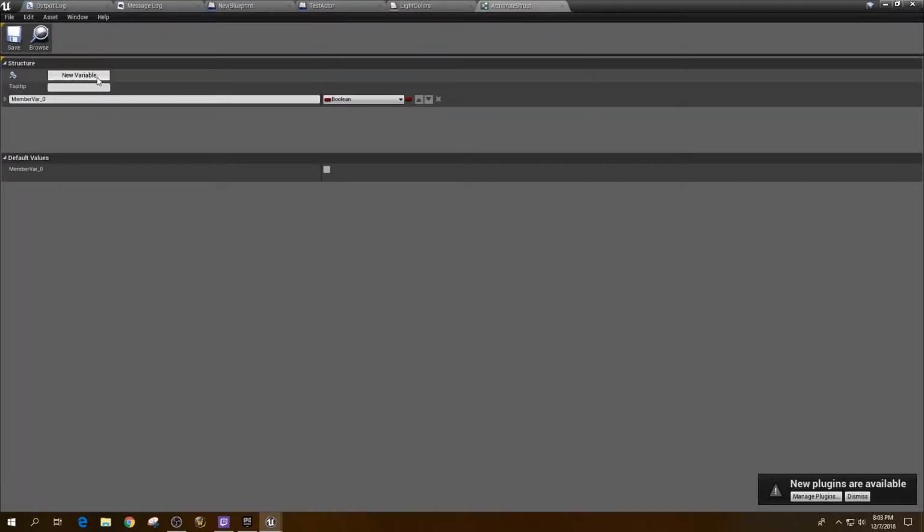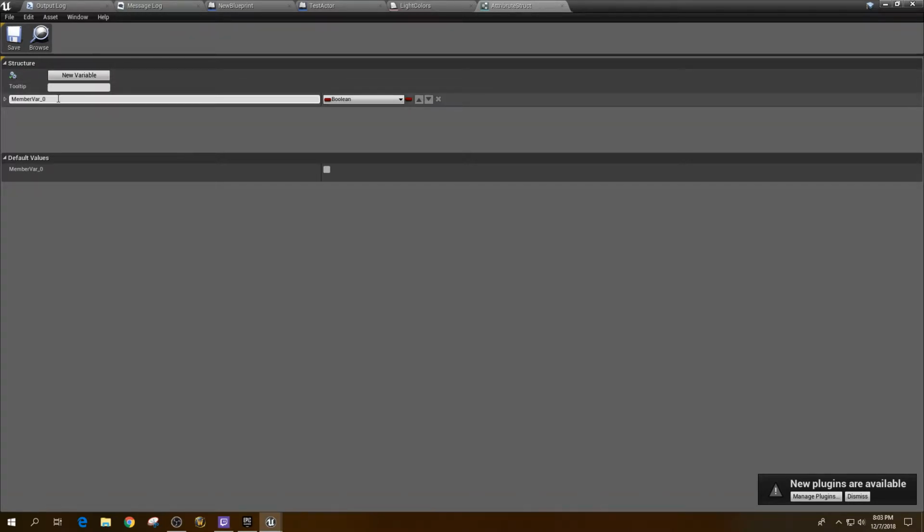And a structure here, as you can see, is a big container, kind of like an array, but it's a little different. It's a container that only holds variables, and they can be of different types. An array is a container that would hold variables of the same type, right? A structure can hold a multitude of different types of variables. It can also hold more structures because structures can be variables. It gets really crazy when you start stacking structures within structures, but